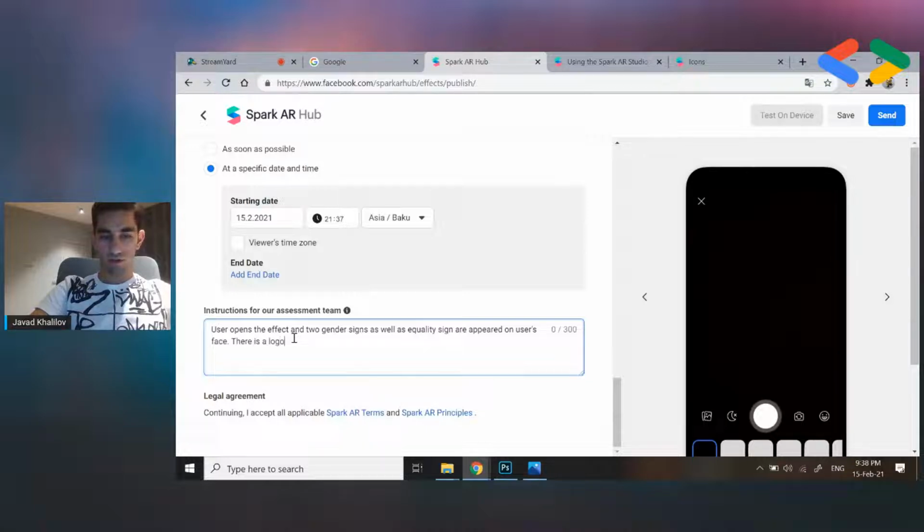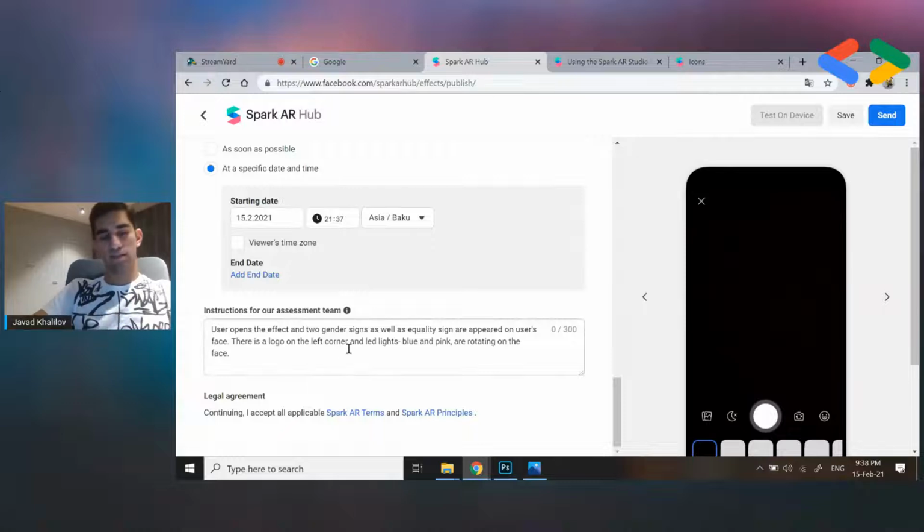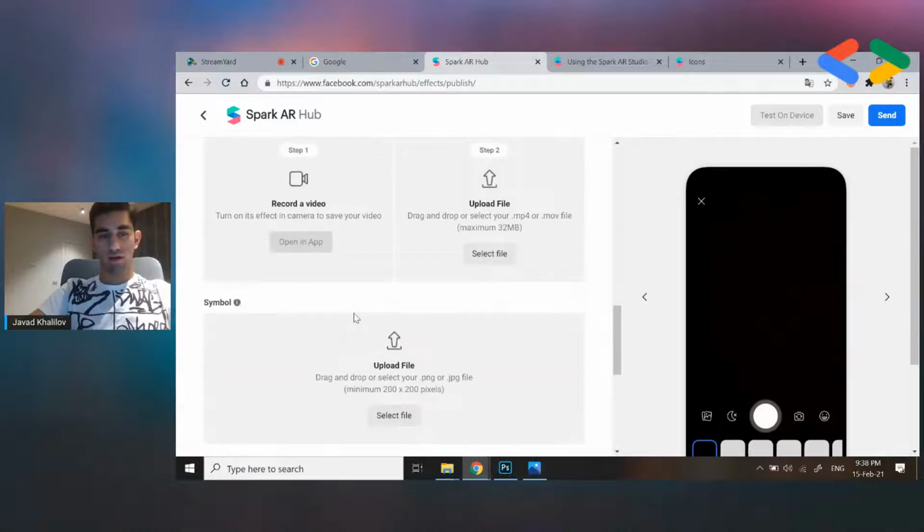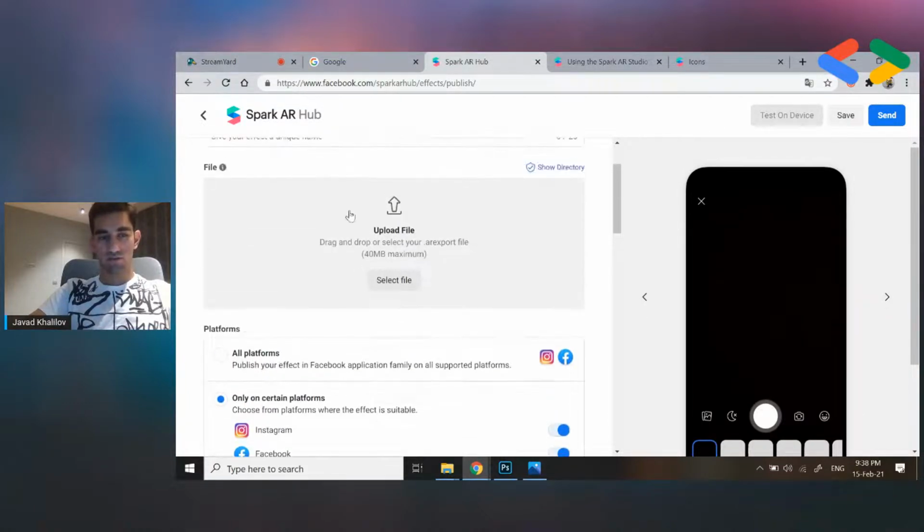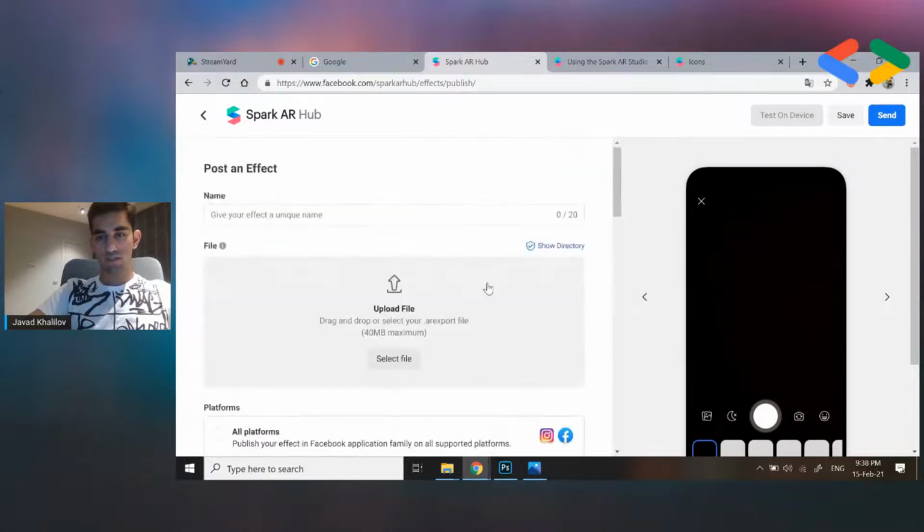There is a logo in the left corner and LED lights. We can specify that the blue and pink are rotating on the face. So it's pretty much like this. This small text explains basically everything that's in our effect. And then after you have successfully filled in all these forms, you can simply send it to the